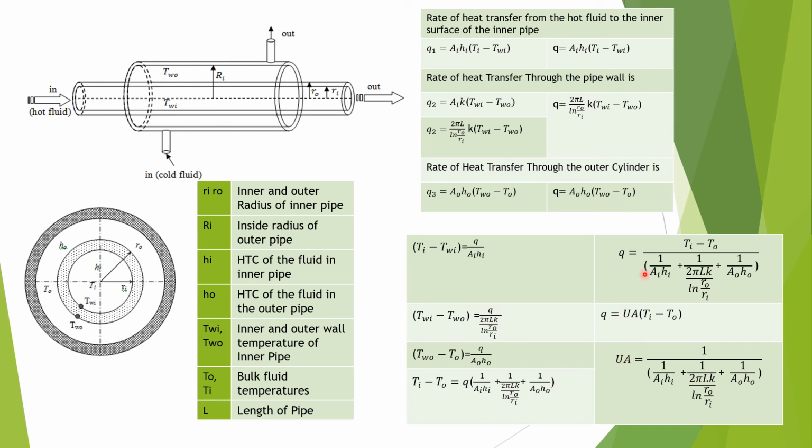instead of this complicated term, we have written the term UA over here, that is in terms of overall heat transfer coefficient. So we get this equation. I hope you understood till this step, and for exam purpose you have to remember the steps. ये आपको steps याद रखनी है, and even in terms of interview and all, you have to just remember the steps, then you can easily derive this equation. Now we will move to the next slide.